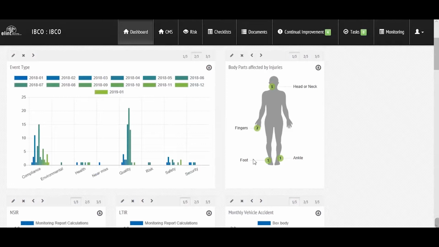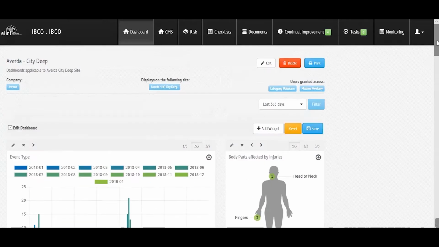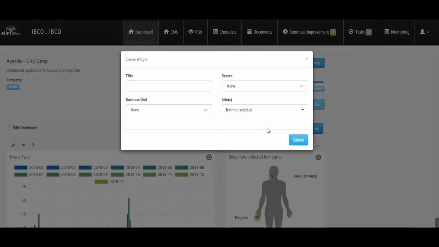If you look at this little figure, that's also another graph that we have developed so that you can do a trend analysis visually to see where you have injuries in a certain time period for specific people. So that's also available. Graphs can be depicted in bar graphs, in the figures, in pie graphs, in donuts, and in line graphs. To add a graph, you will click on Add Widget. You first have to give your graph a title,